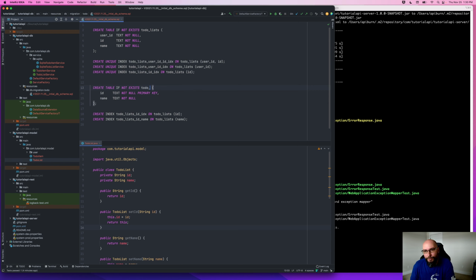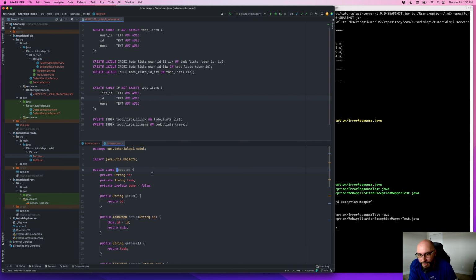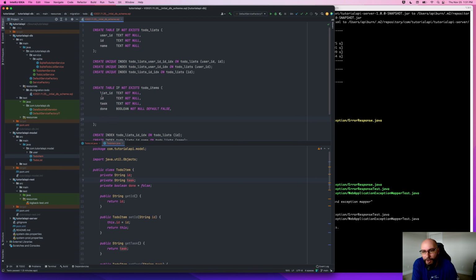Let's also create a to-do list items, or maybe to-do items. So each to-do item will be part of a list. And each item will have its own ID. Let's see what we have in here. Yeah, it'll have a task and then a boolean whether it's done or not. And so we'll need a foreign key constraint to connect our list ID back up to our ID up here. And I think we will also need a user ID here in our foreign key,